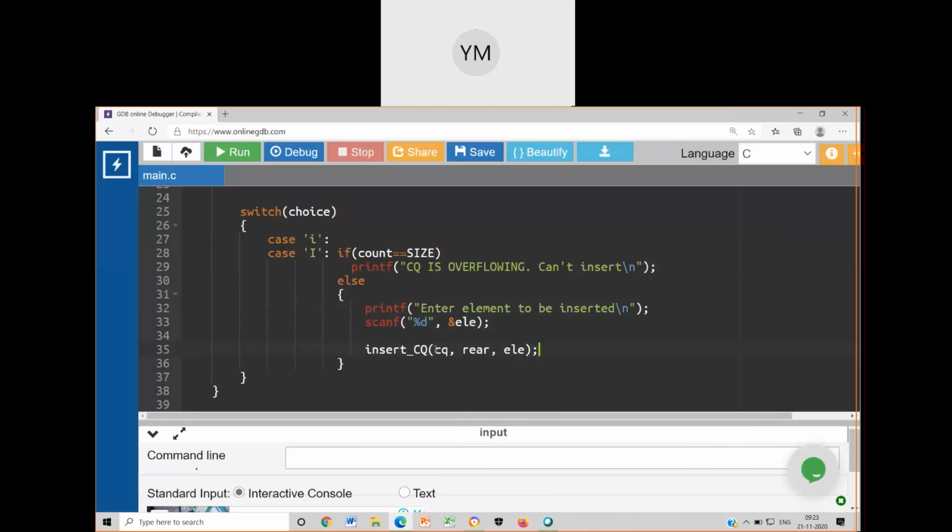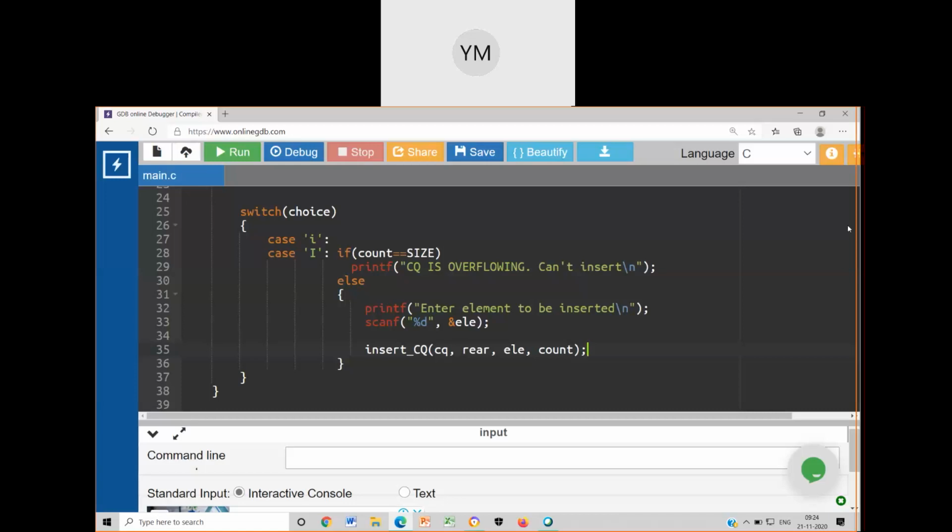What else? How is this circular queue different from the ordinary queue? In the ordinary queue, we had supplied the same thing. Please remember, whenever you insert a new element, add 1 to the counter. So I also require what is called a counter variable. Now, please tell me which all things are getting changed among these.